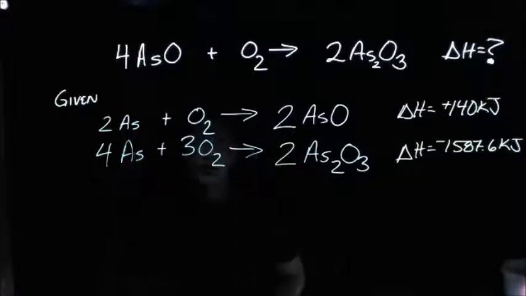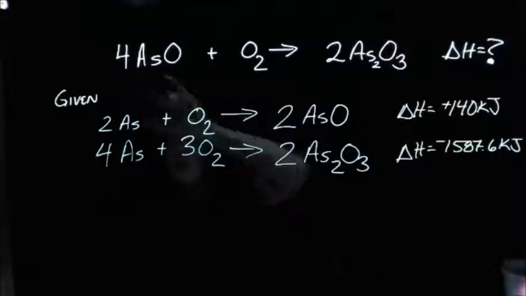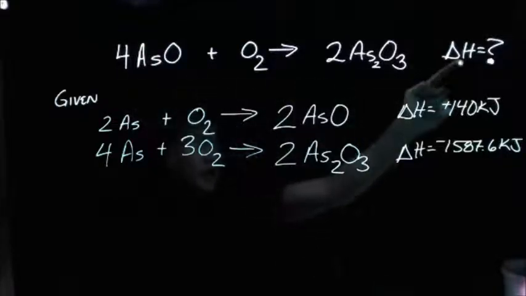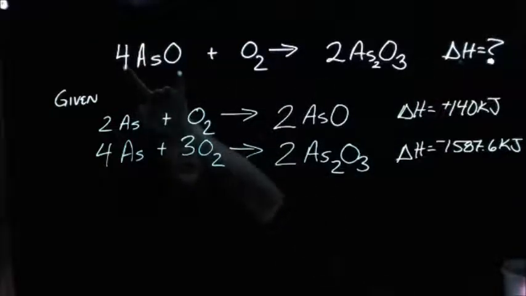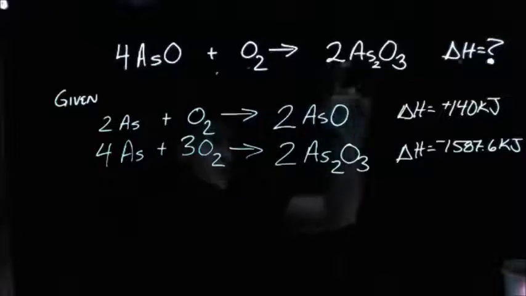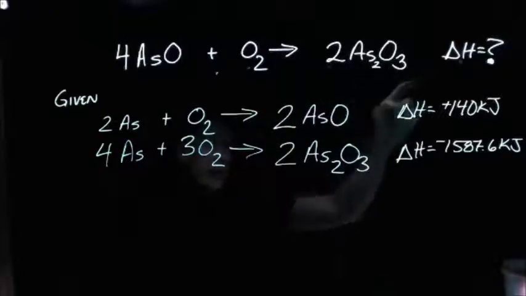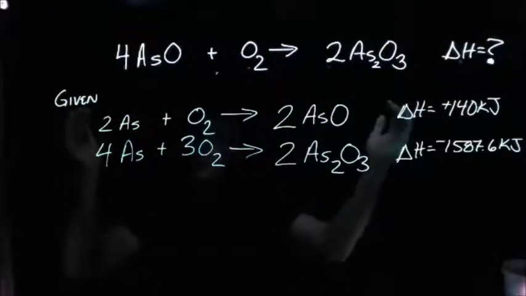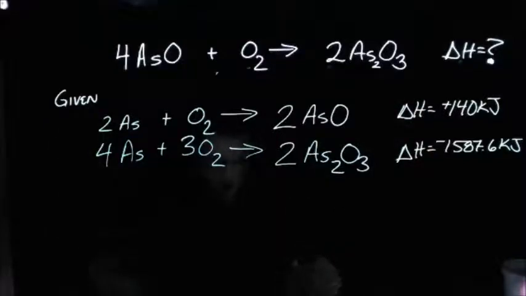So here is a Hess's law problem, and our goal is to find out what the change in enthalpy is for 4 moles of arsenic monoxide reacting with O2 to make 2 moles of As2O3. And we're given these two equations. So as I look at them,